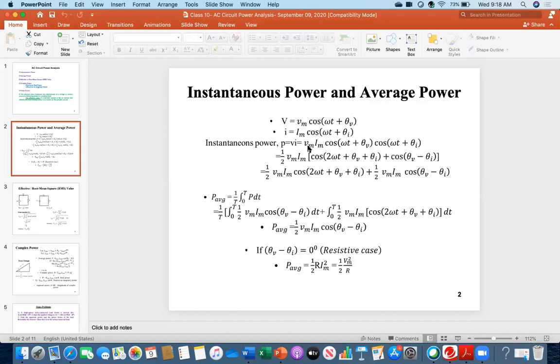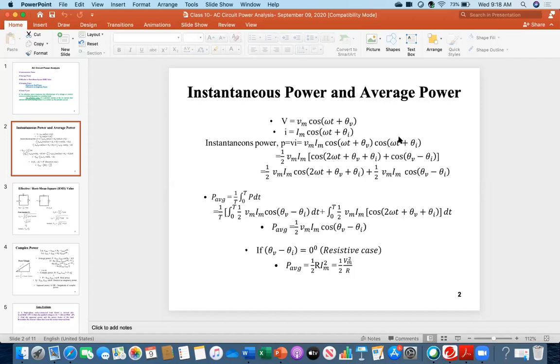To do that, you see this Vm is this Vm. I took half here so that I can multiply by 2. Because if I multiply by 2 here, then I have to put half so that the 2 will be cancelled. It will be the same. So therefore, everybody assume that it is 2 cosine of this function. From there, I got this one.